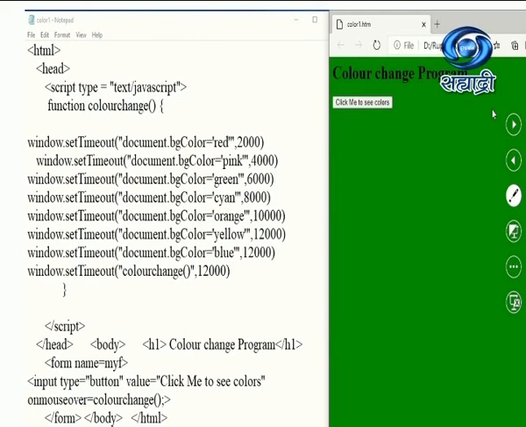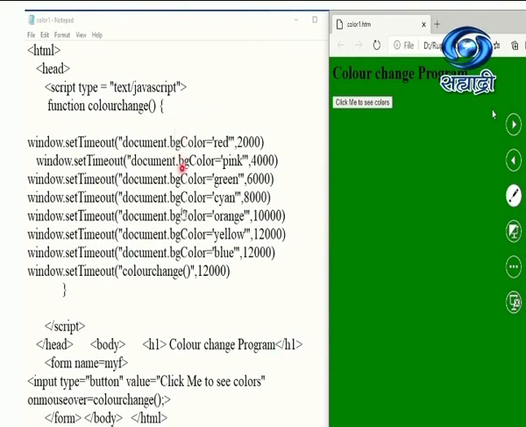Now here is the program. Let us observe the program. On the left hand side you will find the code. Here is the color change code. Students, whatever function name you are writing must be written over here inside the form. I have written the form, and for the button I wrote the onmouseover event, which will call the method colorChange. This is a function which is called when the user moves the mouse pointer on this.